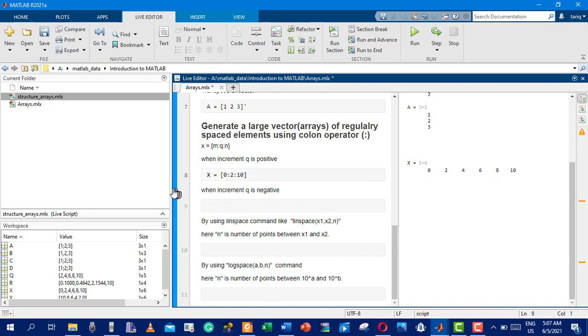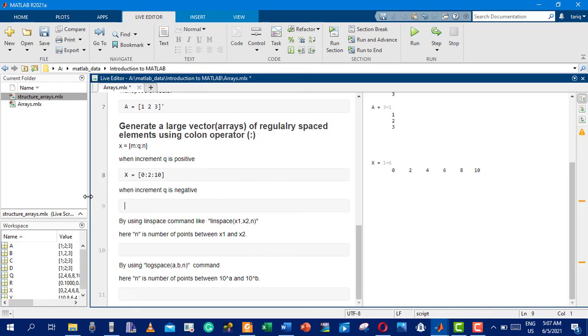The other method of generating row vector is when q is negative. It means I use this formula to generate row vector when q is negative. So suppose I have another vector x